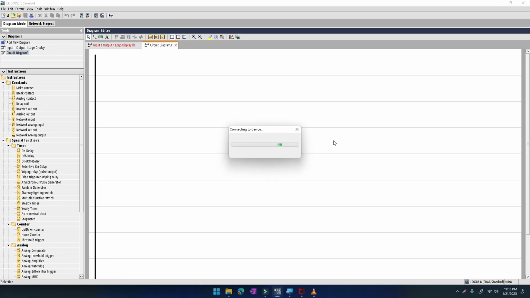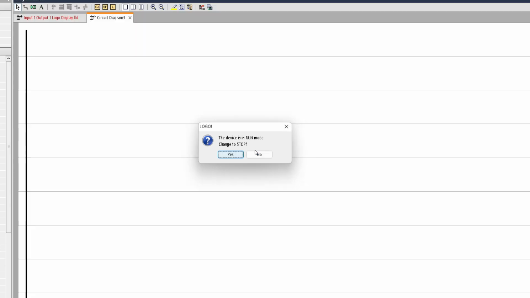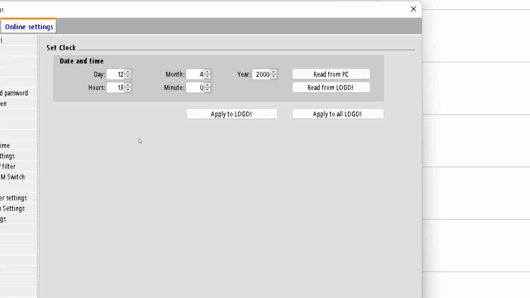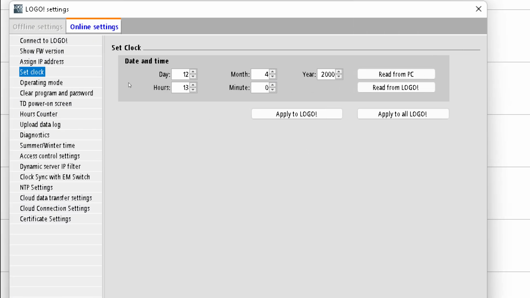After some time it will bring a pop-up that says the device is in run mode, you need to stop it. Yes. Then it will bring a window which says online setting of Set Clock. Okay, so here you can manually input the